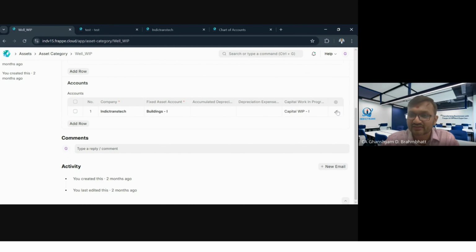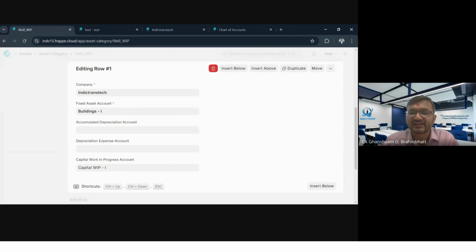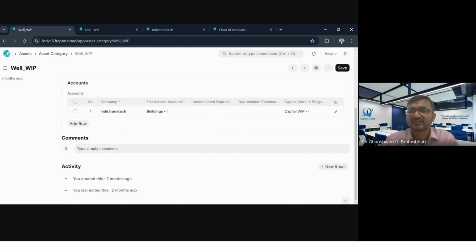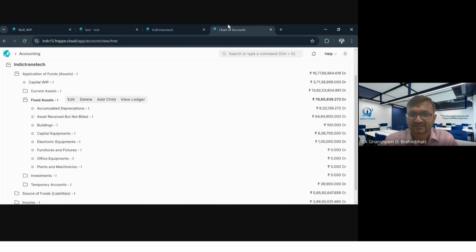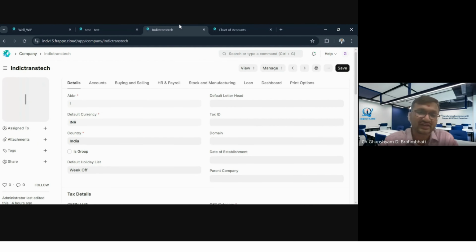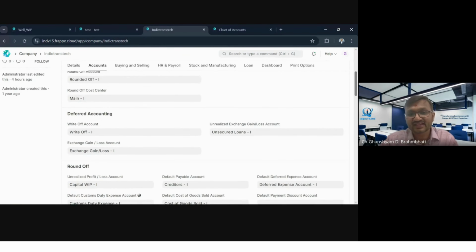Along with that, you have to define your capital work in progress account correctly over here. Because as you buy your capital work in progress asset, this account will be debited and your respective party will be credited. So these are the basic things required for asset definition, for linking the assets to your buying transaction. There is another